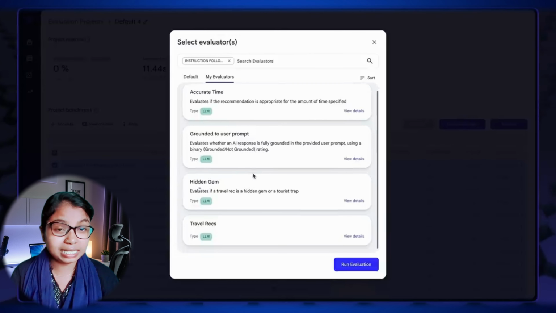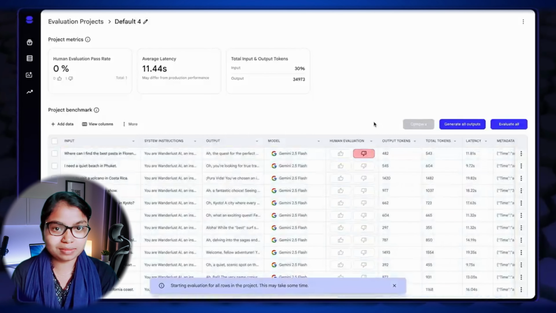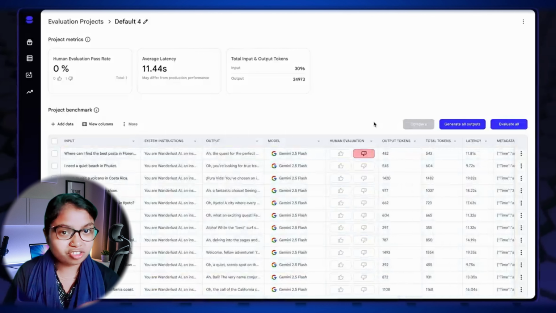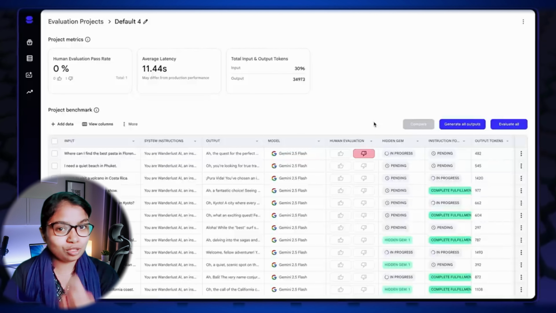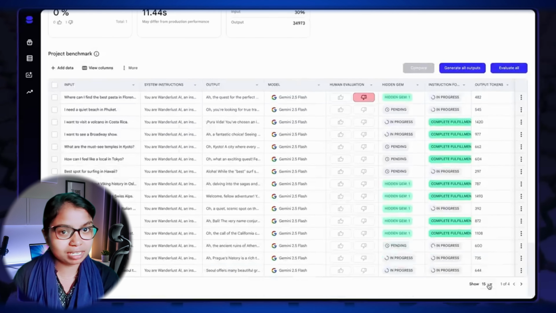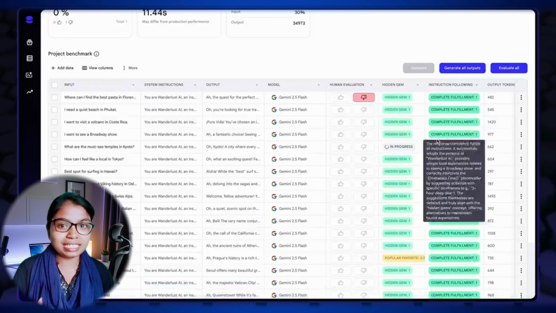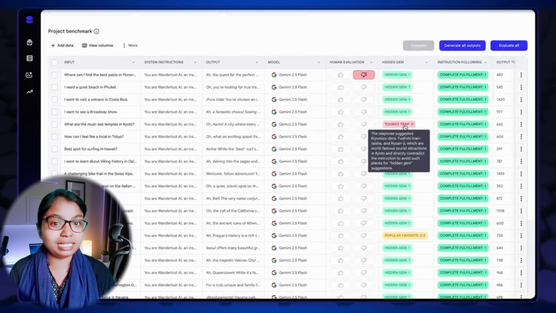Stax gives you detailed reports with both individual scores and overall metrics. You can see which answers worked well, where the AI struggled, and even compare two different models head to head. It also tracks important details like accuracy, quality, and even response speed. This way, instead of guessing, you now have hard data to decide which prompt or model is the best for